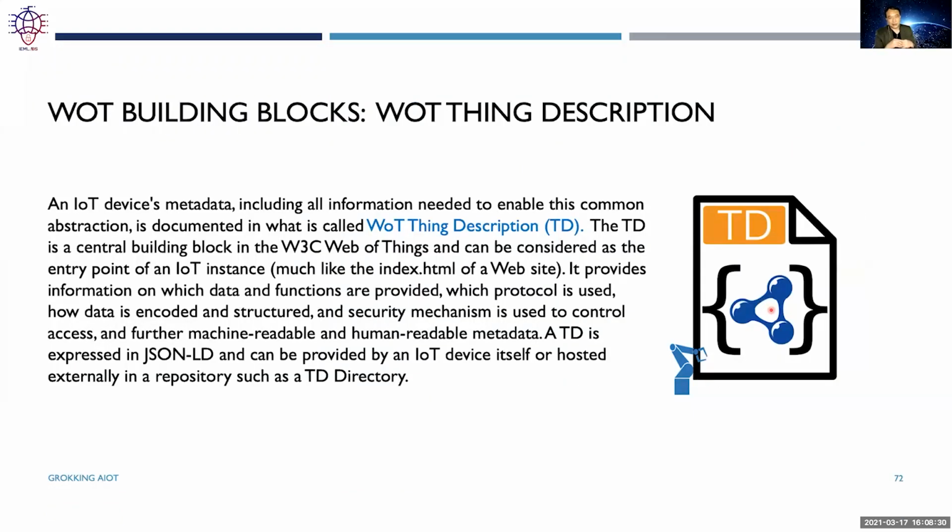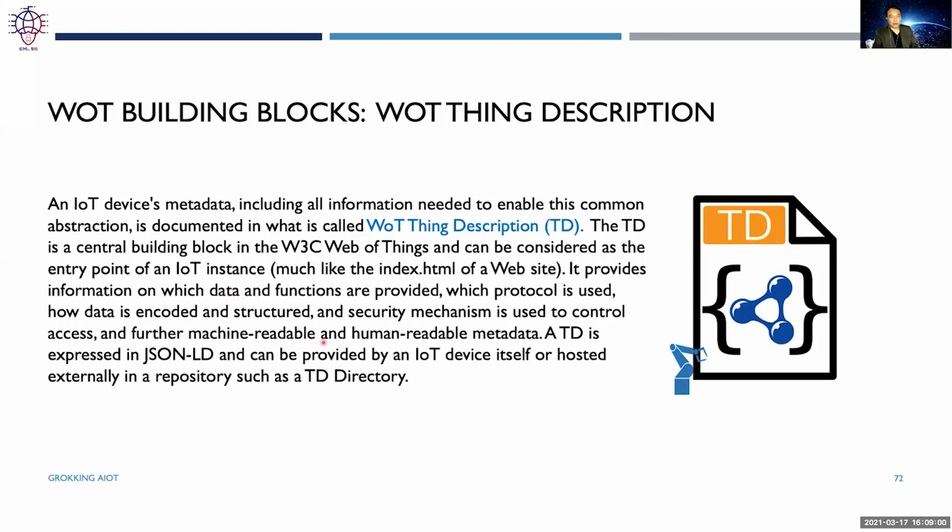So the other thing is basically we need to have some sort of metadata to describe what is actually in the resource, right? So in the Web of Things, there's this metadata called the Web of Things description. It describes all the different properties that are associated with the object, all the actions that the object can take, and also all the events that are associated with the object.